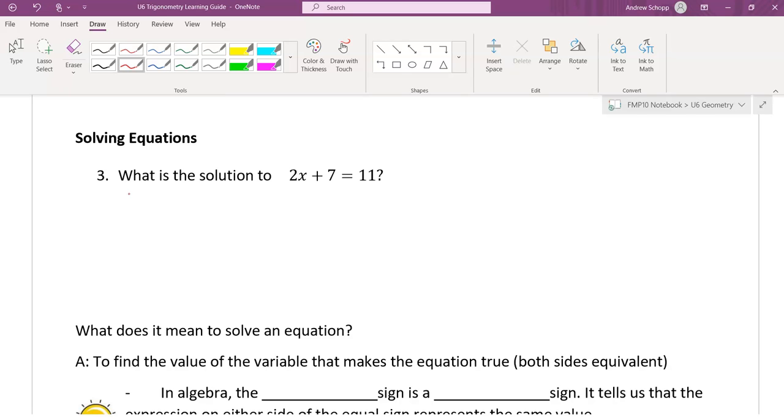Some of you may have been able to solve this question by looking at it and saying, hey, I need to add some number here to 7 to get 11, and you could probably see that you needed to add 4, and 4 needed to be made up with 2 times some number, so we ended up with x is equal to 2. So you may have rationalized the solution for this in that method, and it's okay here in